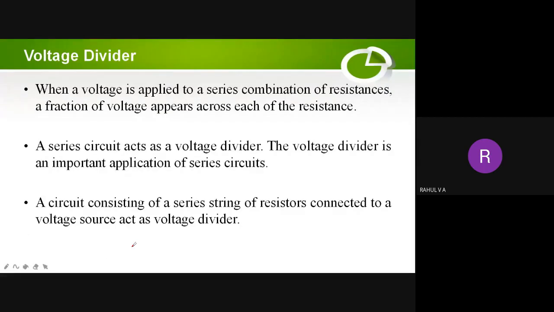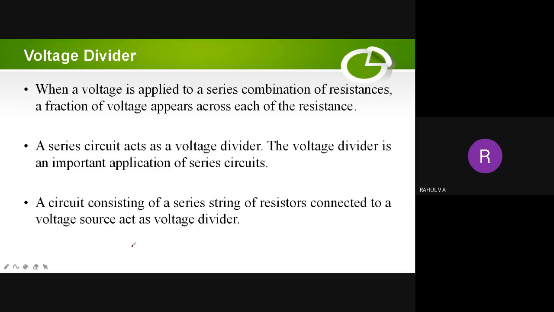Okay, in the last few classes, we were discussing the basic terminologies of electrical circuits, and then we saw what the equivalent resistance is when resistors are connected in series and parallel, and we also did a few numericals. As I said, when resistors are connected in series, the total equivalent resistance R is equal to R1 plus R2 plus R3. And when resistors are connected in parallel, the equivalent resistance is 1 by R is equal to 1 by R1 plus 1 by R2.